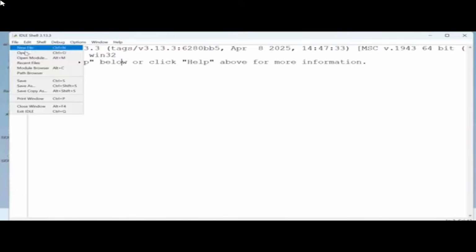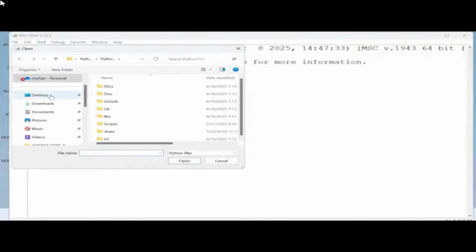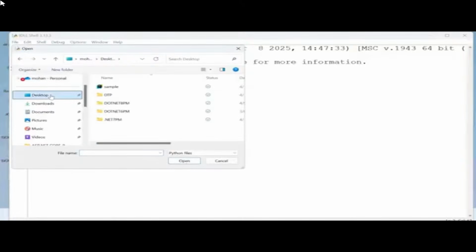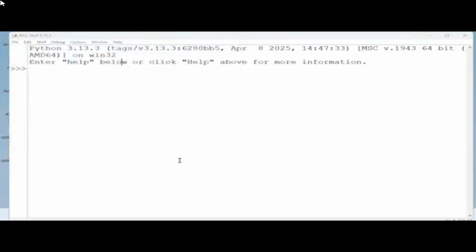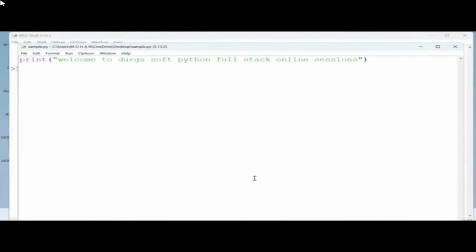File menu, open. Okay. So, where is your file located? Desktop. Now you can see sample.py. Open it. Now you can see this is open here clearly. So whatever we have written, simply here what to do,